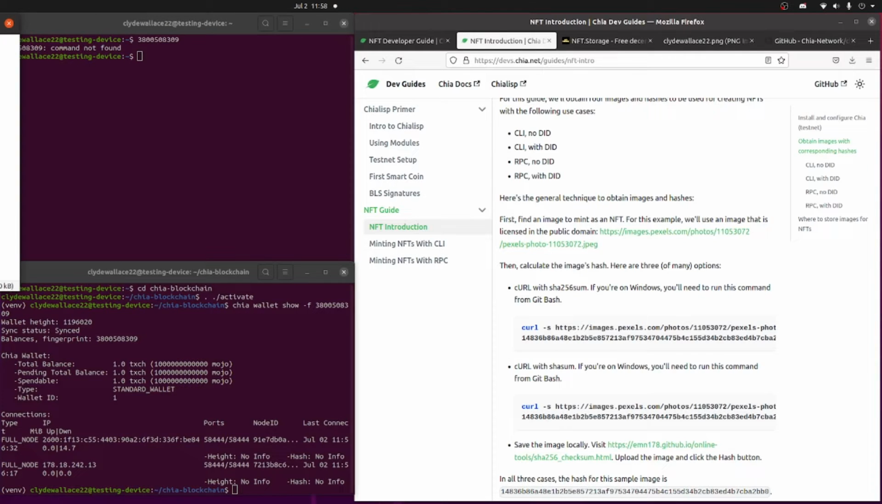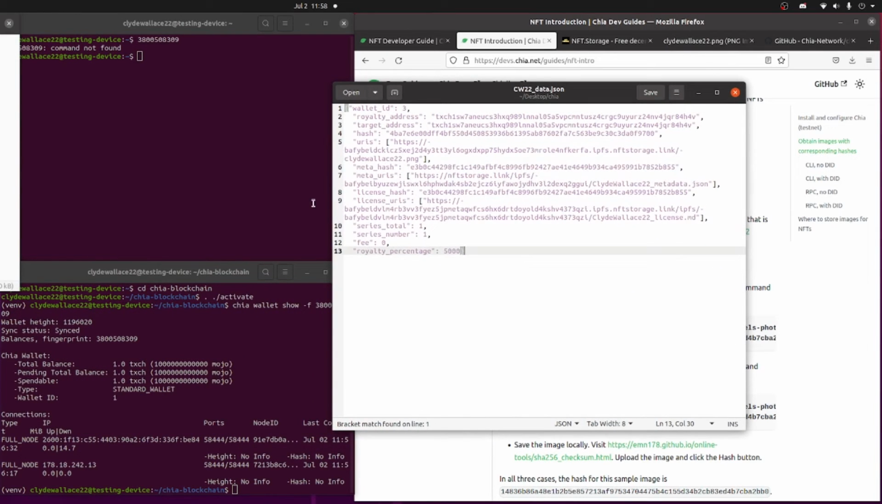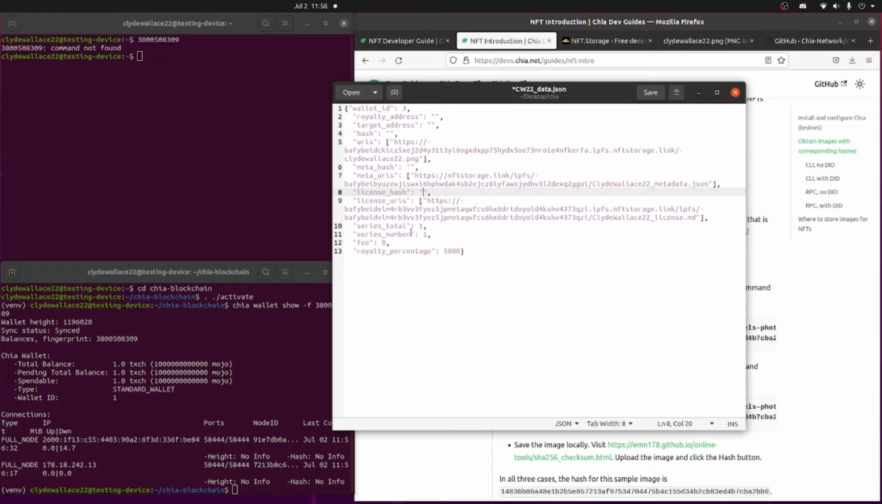So to mint our actual NFT, I like to utilize a JSON file. We can put all of the information directly into the command line, but I find it's a lot easier to break it up if we have a JSON file. So here's the JSON file that we're going to use. In here, you're going to see I have a lot of data filled in. I have the royalty address, the target address, the URLs, the hashes, and I'm going to remove everything